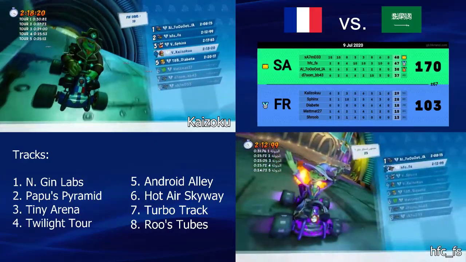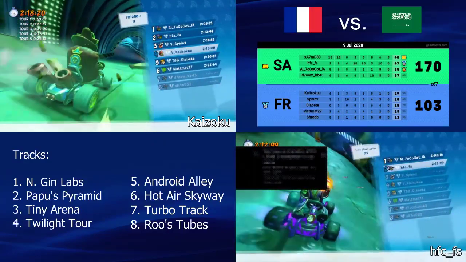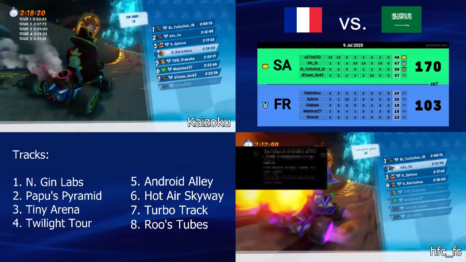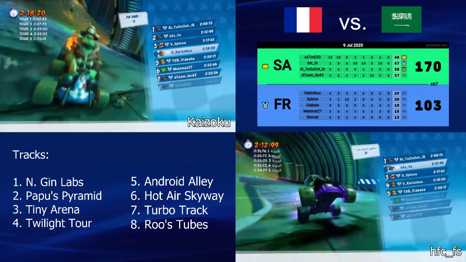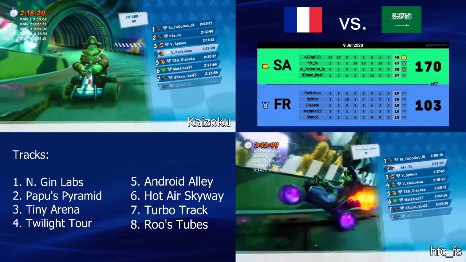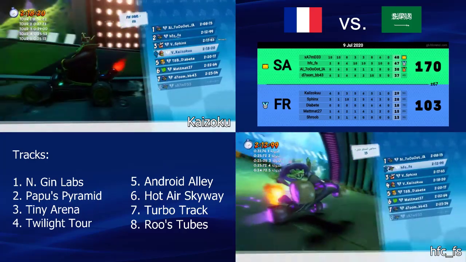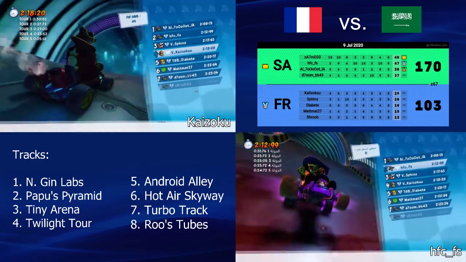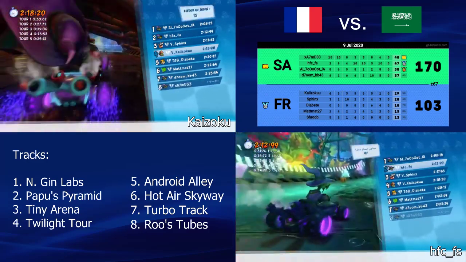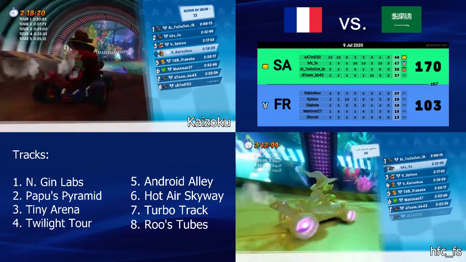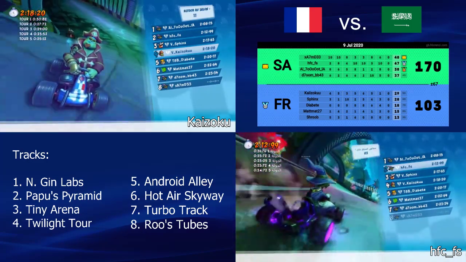Yeah, but still top 2 for the enemy team. Top 2 and bottom 2, so this race was basically almost even. They lost by 3 points still, but yeah, they put up a nice fight. Yeah, for sure. Props to the French team. They lost, but it was a fair fight, to be honest.